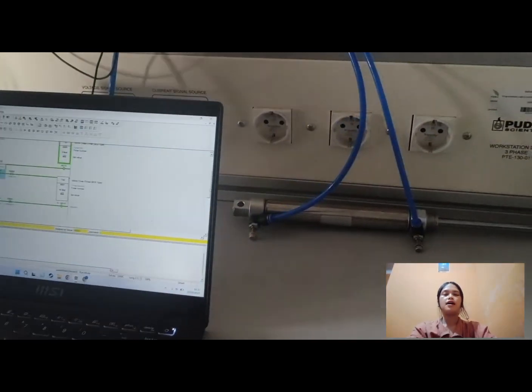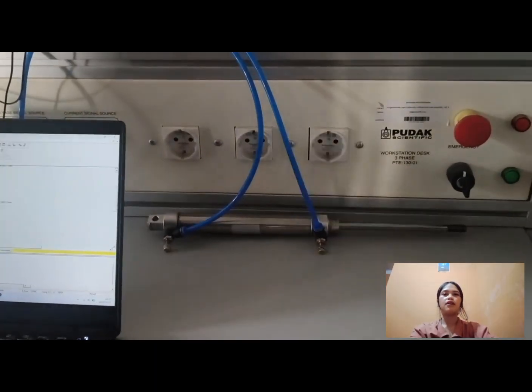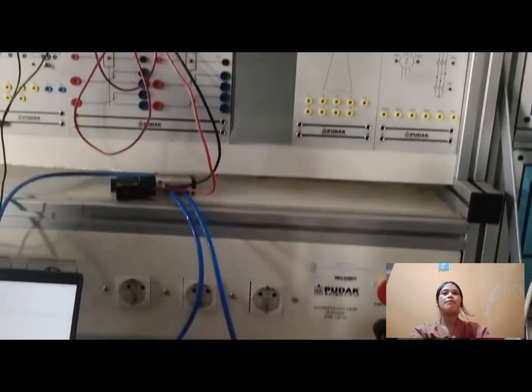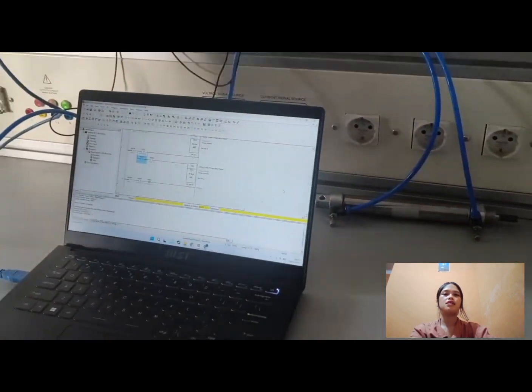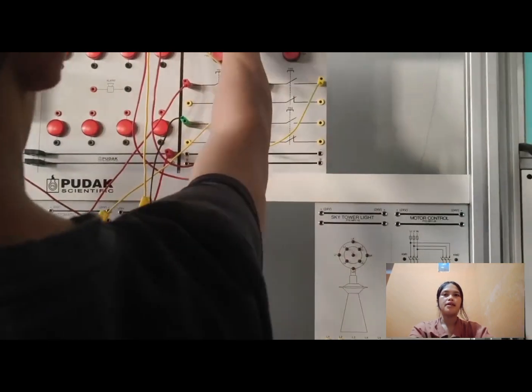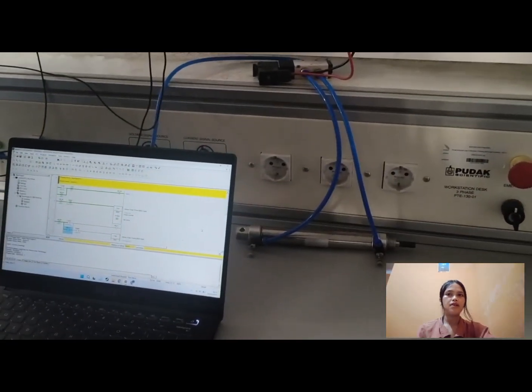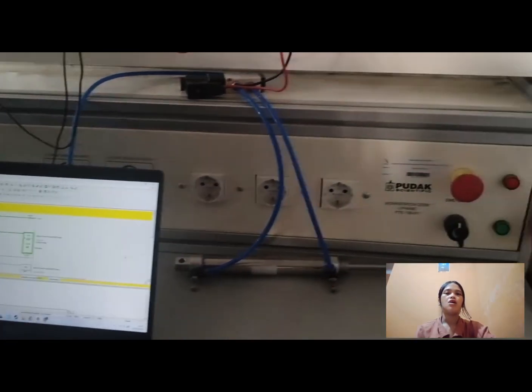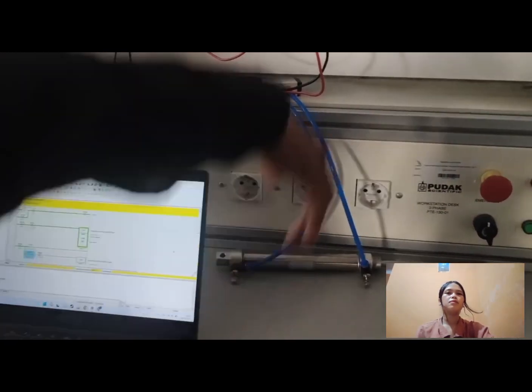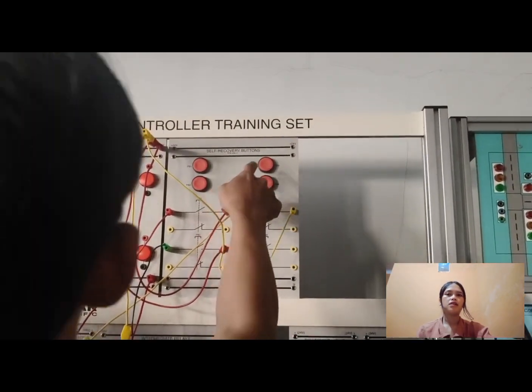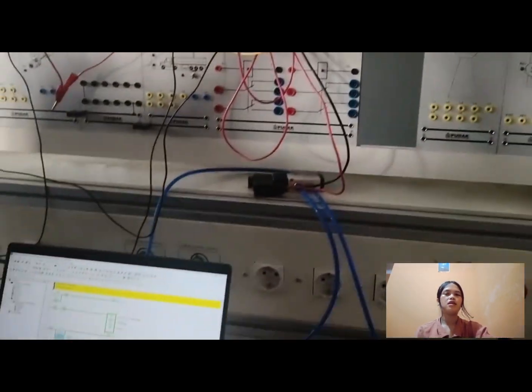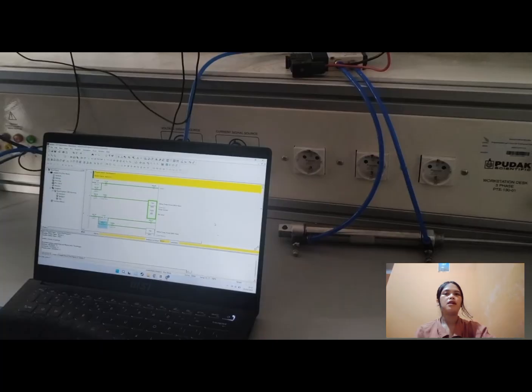In this video, I will demonstrate the use of a PLC with a simple ladder program that controls a solenoid using timers. The PLC trainer board that I am using is a scientific training set, which includes input push buttons, output indicators, and wiring terminals connected to the PLC module.